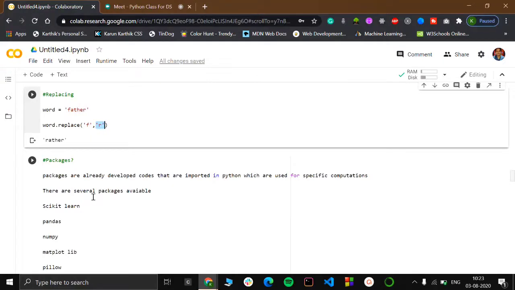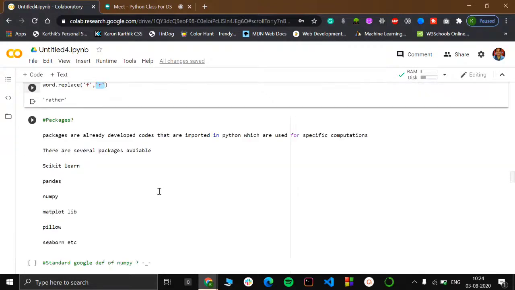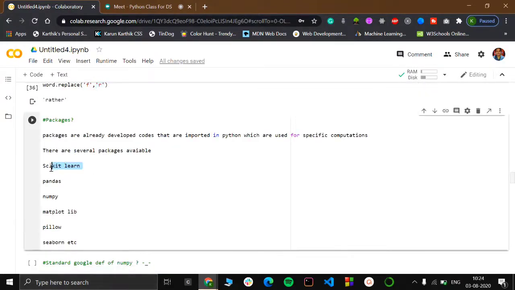So what are packages? Packages are already developed code that you import in Python for performing several tasks and computations. There are several packages available: scikit-learn, which is used for machine learning; pandas, which is used for data frames; numpy, which is used for array-based operations like matrices; matplotlib, which is used for data visualization; and pillow, which is used for image processing and image analysis.